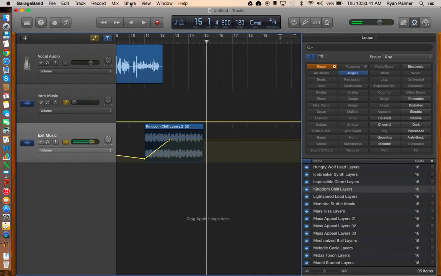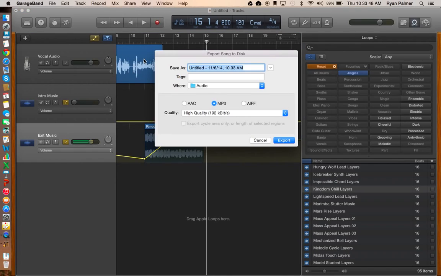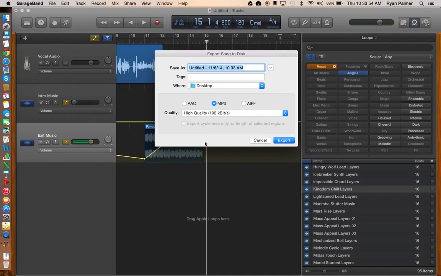Alright, so now I'm going to hit the share menu here and I'm going to export the song to disk because I'm just going to save this onto my desktop. So where it says where, I'm going to select desktop. I'm going to give it a name,